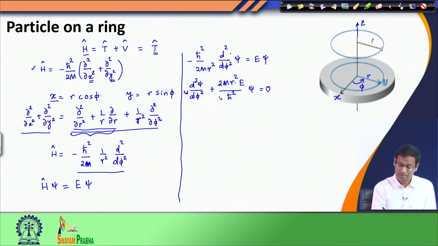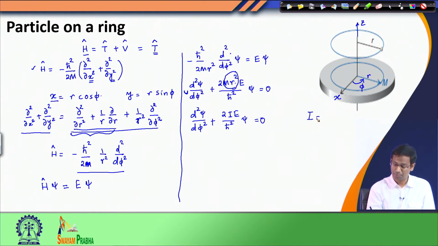So, I can simplify this one more step. I can define when I have this mass and r square. So, this is simply the moment of inertia, where I, the moment of inertia,